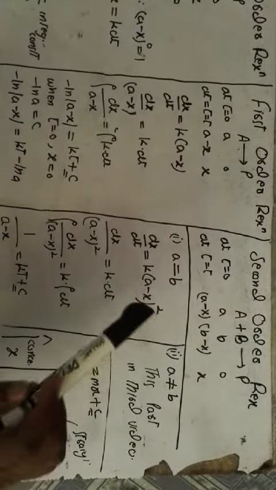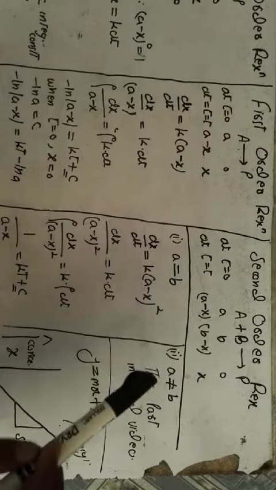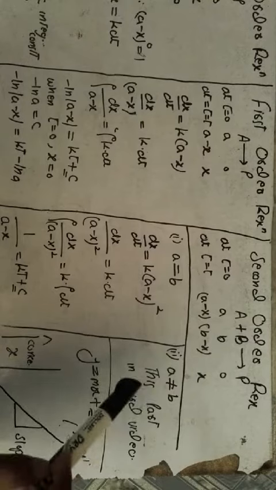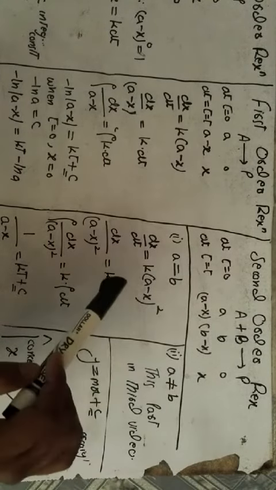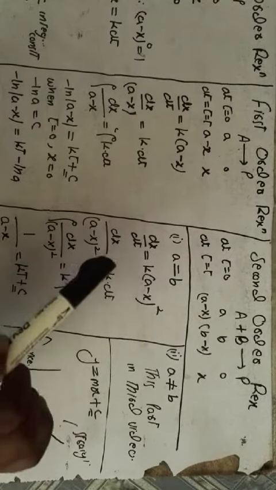So now there are two cases of the second order reaction. First case is A equal to B, and the second case is A not equal to B. This is the second case. We will discuss this case in the next video, and in this video we will discuss only the first case. So the first case is that A is equal to B. Then